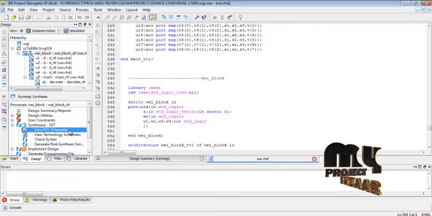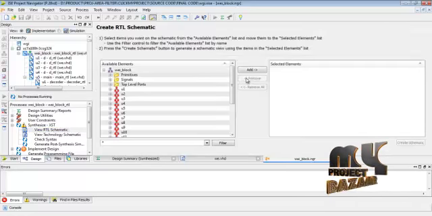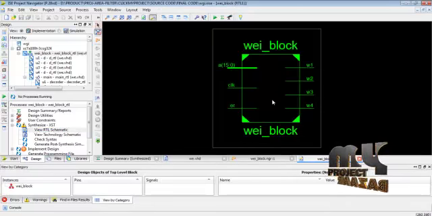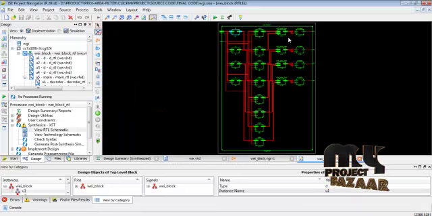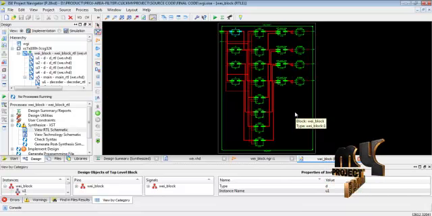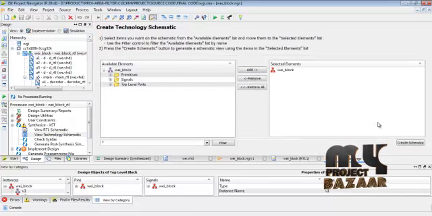The RTL schematic diagram is mainly used to create the RTL diagrammatic representation. When we double click this diagrammatic representation, it shows which logical blocks are placed in our weighted filter architecture. Then the technology diagram